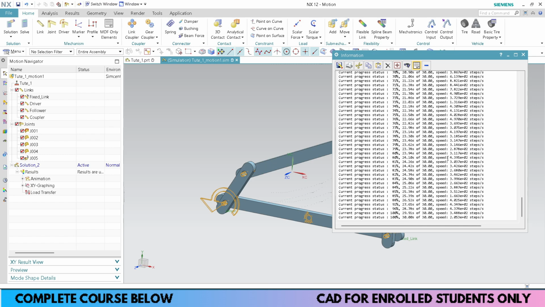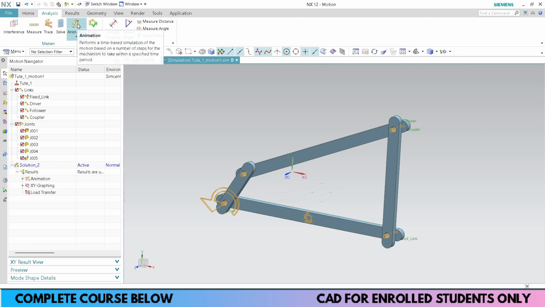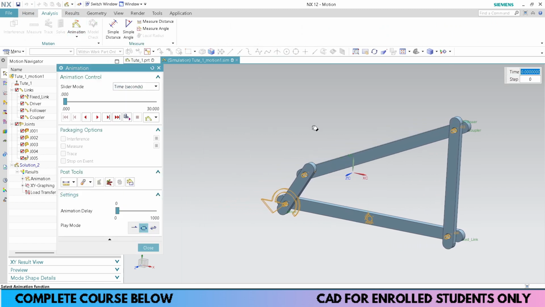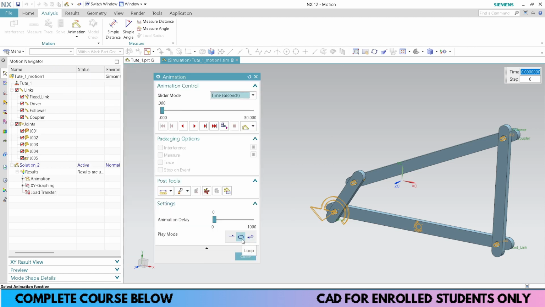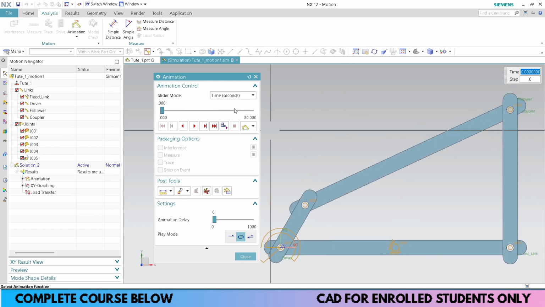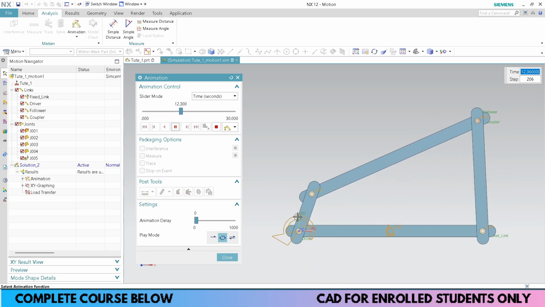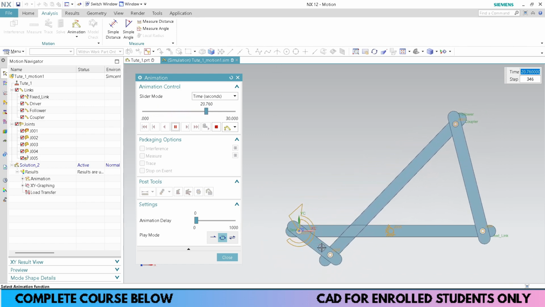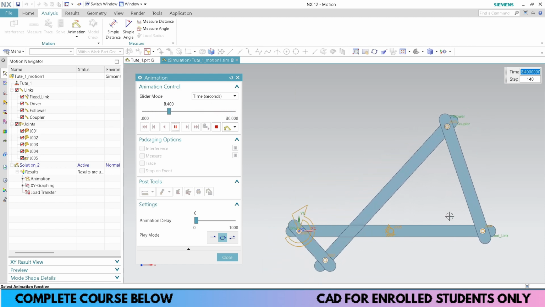So it's done 100%. Close this, go to this tab, analysis, and then animation. I'll adjust this here, drag this window here, click this option which is the loop option. That means when the loop of the animation has been completed, it will restart from the starting point. Now I'll just press this button and observe the result. Now if you see here, this was my driver. I am giving this input here in the form of a polynomial function of velocity 30 degrees per second, and I'm receiving the output here.